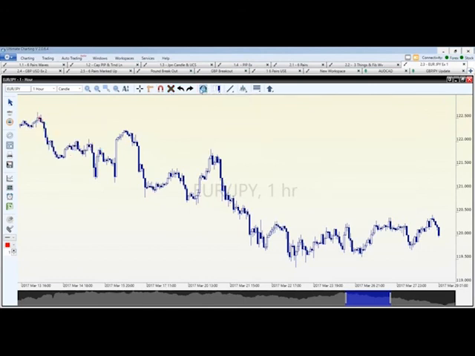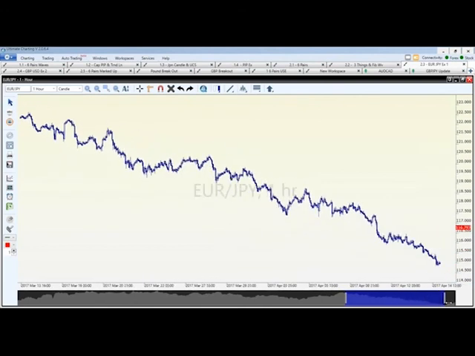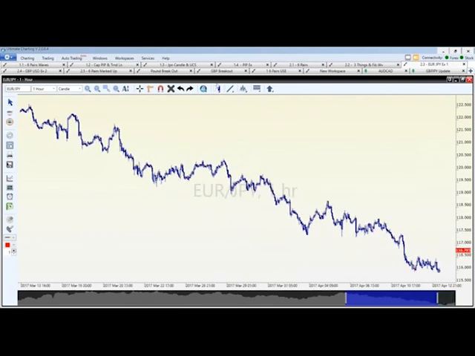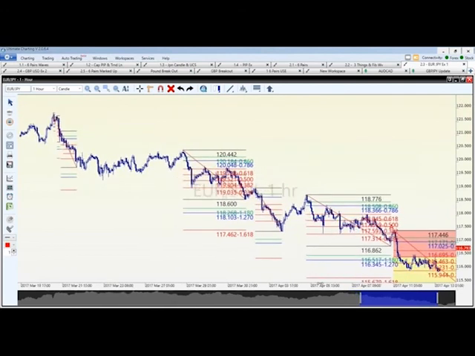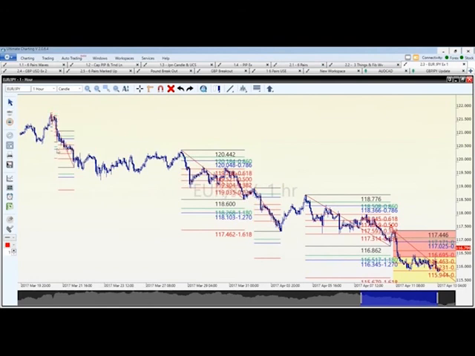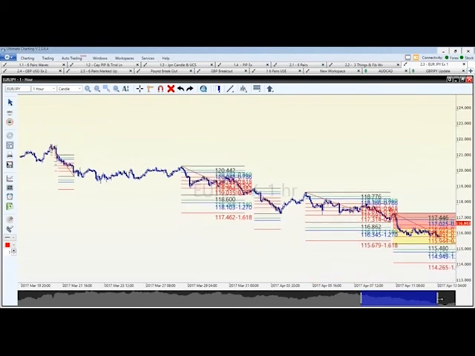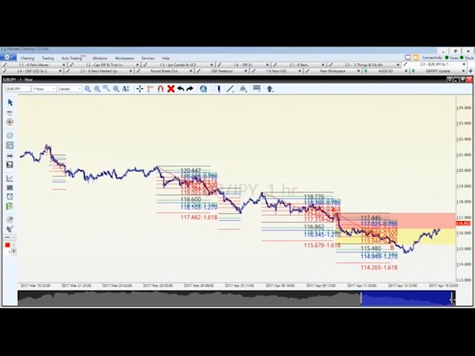Excuse me just a moment. When I shrunk down, okay, there we go. So when we go on here, this is an example that if I had time, I can show you. You can see here's one Fibonacci, here's two, here's one trade, here's two trades, here's three trades, here's four trades, here's five trades, here's six trades in a row, and right now we're still in the seventh trade, okay?